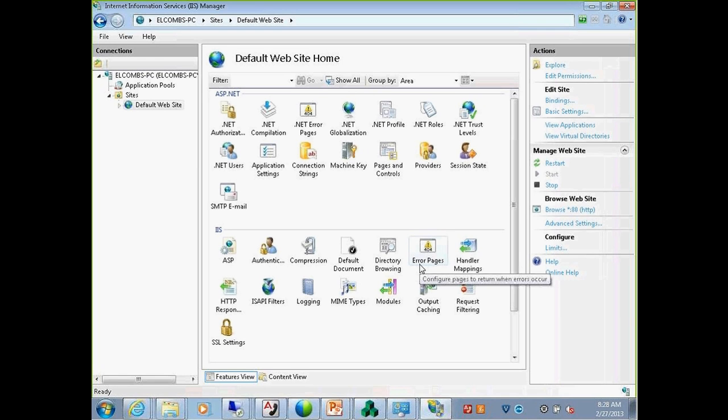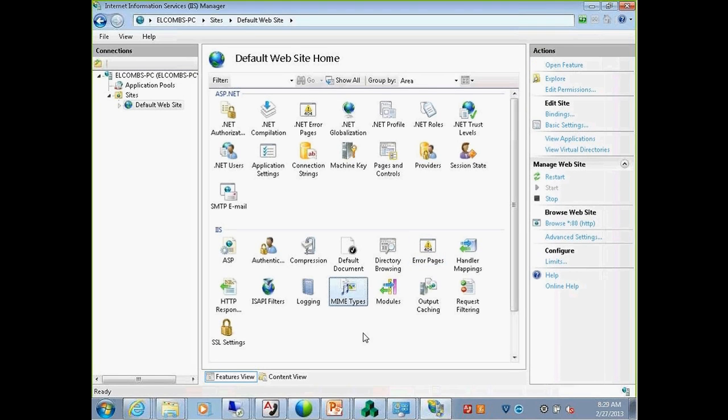The second thing we need to do when we configure IIS for InduSoft is define what are called MIME types. MIME types started out as a technology for email, such that when you send email attachments around, the attachment is tagged so that the email client knows that it's an Excel file or a Word file or a PowerPoint or something. MIME types started to be used by web browsers